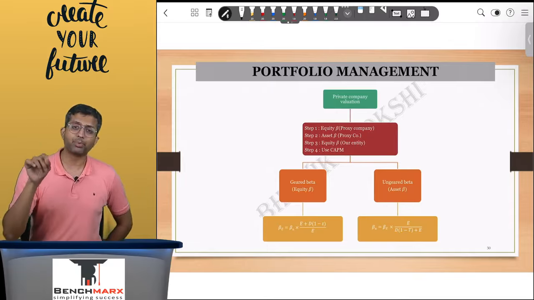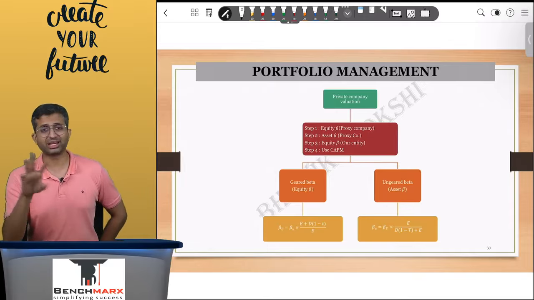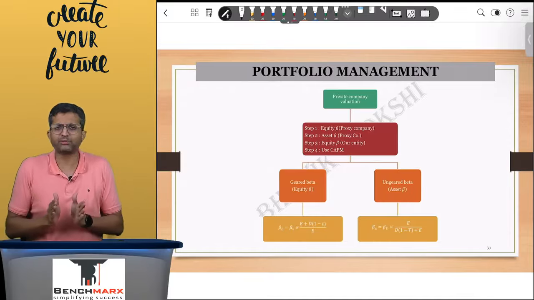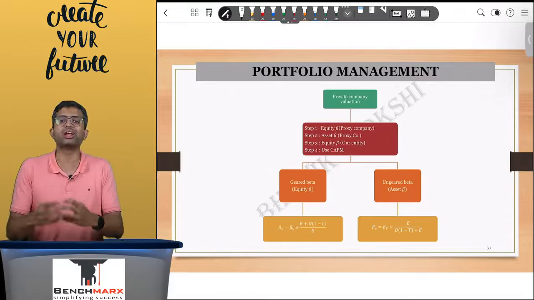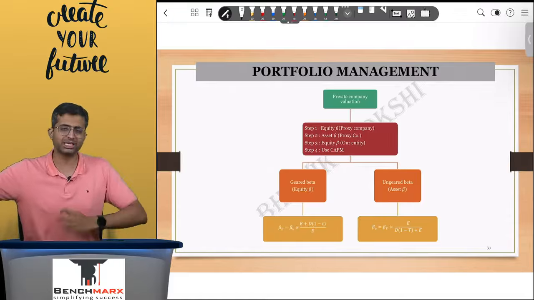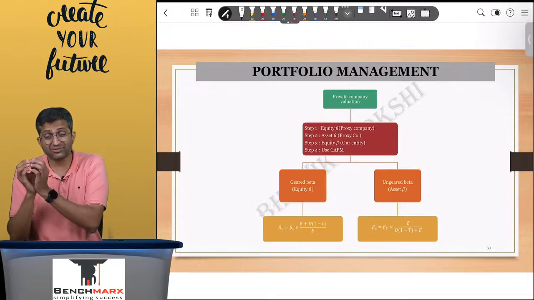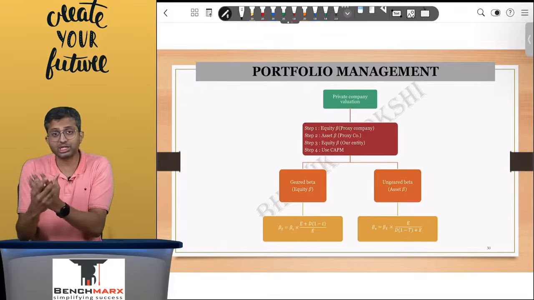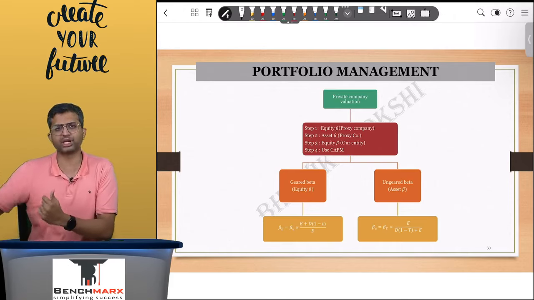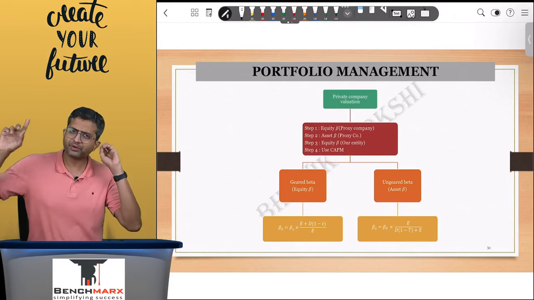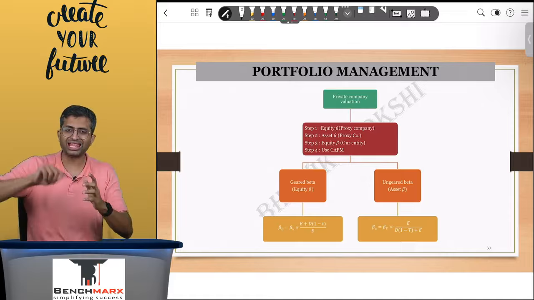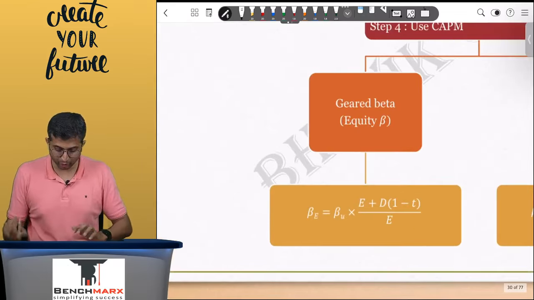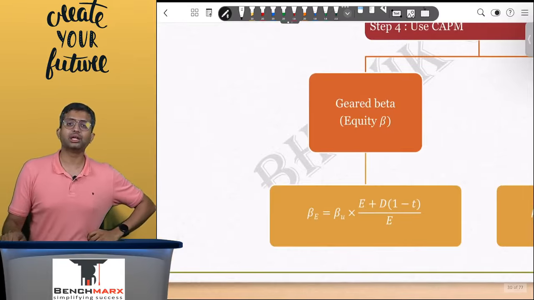So the operating risk of Parle and Britannia is the same, the risk of the biscuit business. However, Britannia might have a lot of debt, Parle may have lower debt, or vice versa, and hence you can't just assume that Britannia's beta is equal to Parle's beta. So you will find Britannia's beta, which is the levered beta, or beta considering leverage, Britannia's debt to equity. So you will first find the proxy company's beta and then employ a process whereby you will try to find the